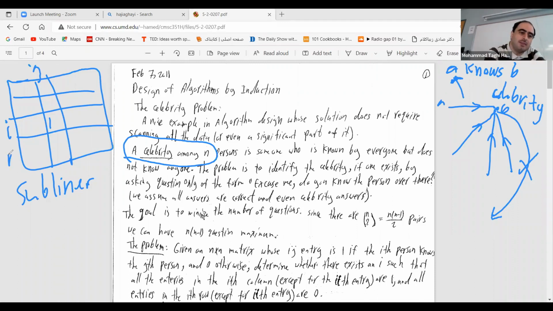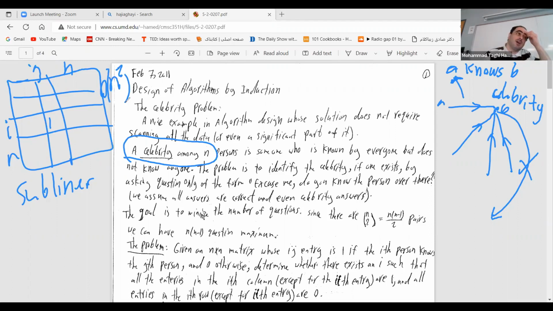Good. So if you have n persons, the size of this table would be n square. And the question is that we may not want to read the whole n square. We will try to read it as little as possible and decide whether there is a celebrity or not. So this is the type of algorithm. It is called sublinear. Why sublinear? Because in some sense, the size of the input is order n square, because this is the size of the matrix. So instead of n square, where we go and check everything, we don't want to read everything. We want to do it as little as possible and find that celebrity.